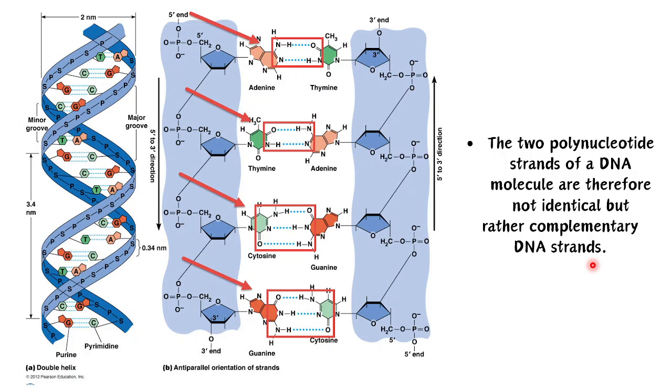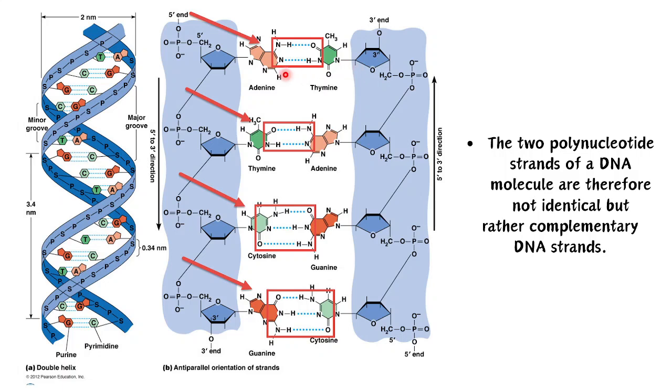They are not identical, because when we say identical strands of DNA, it would mean that the adenine in one nucleotide would be paired with adenine in the other polynucleotide. But DNA does not have that type of orientation, and they always follow this concept of complementarity, which is why